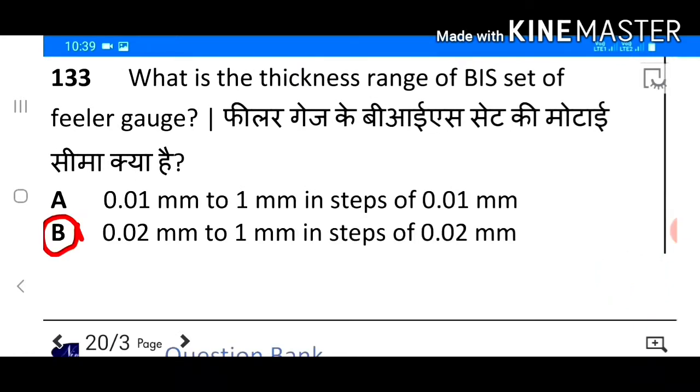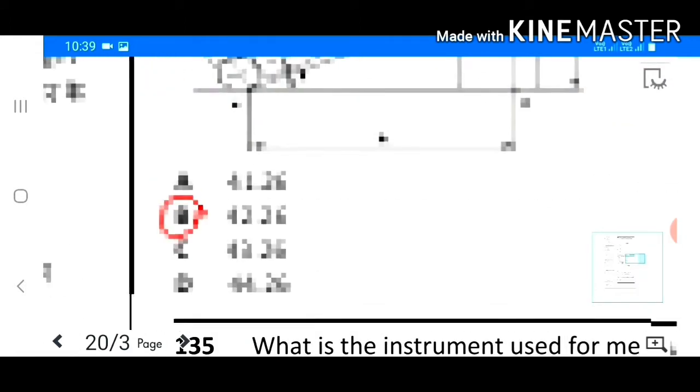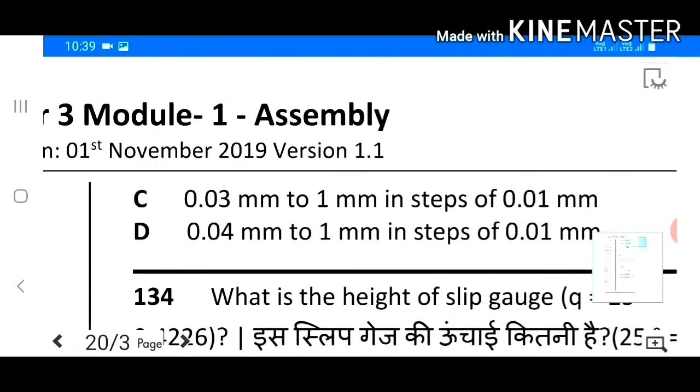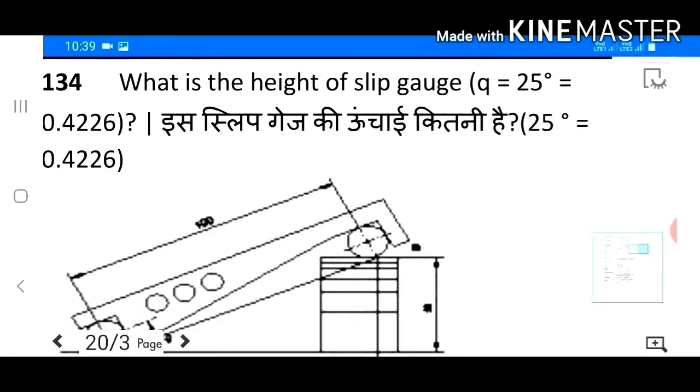133. What is the thickness range of BIS set of feeler gauge? Answer B. 0.02 mm to 1 mm in steps of 0.02 mm. 134.